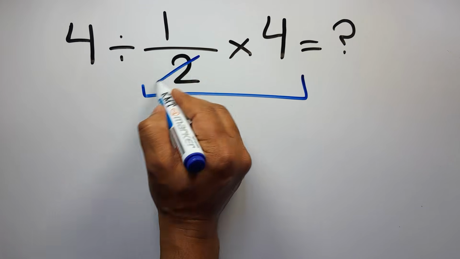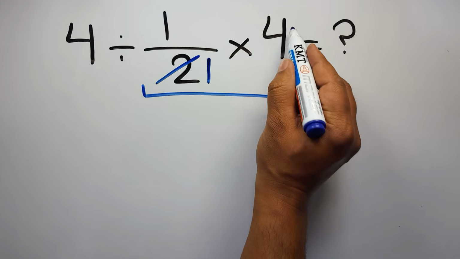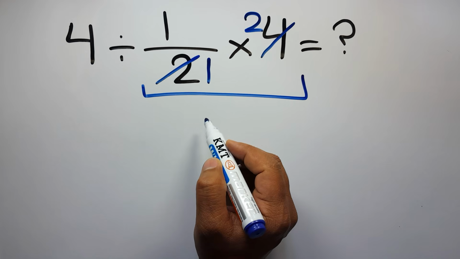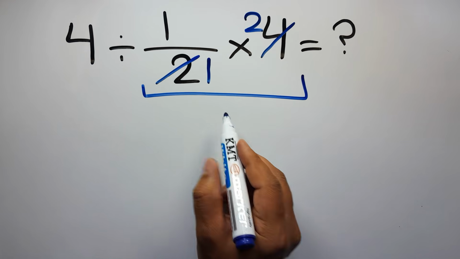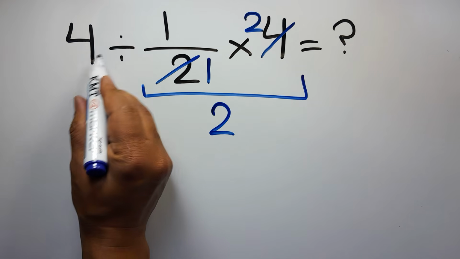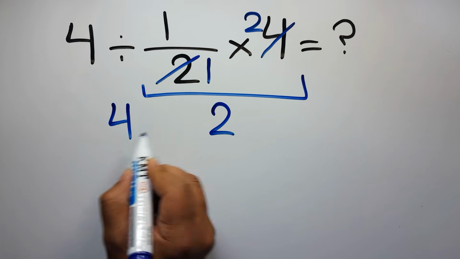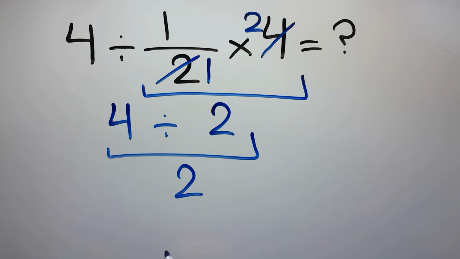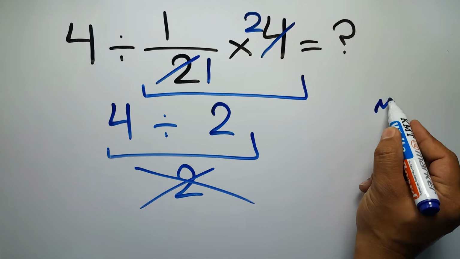2 divided by 2 gives us 1 and the 4 divided by 2 equals 2. So here we have just 2. And 4 divided by 2 gives us 2. But this answer is not correct because according to the order of operations, multiplication and division have